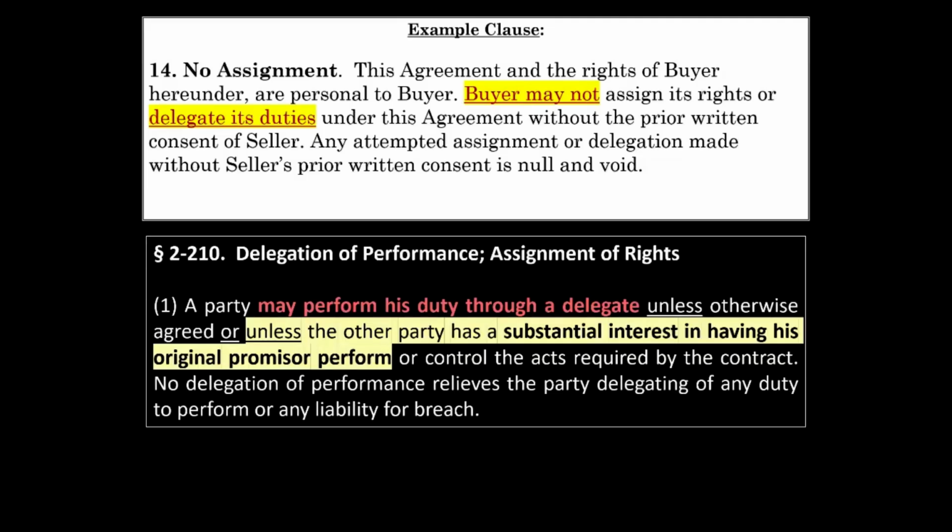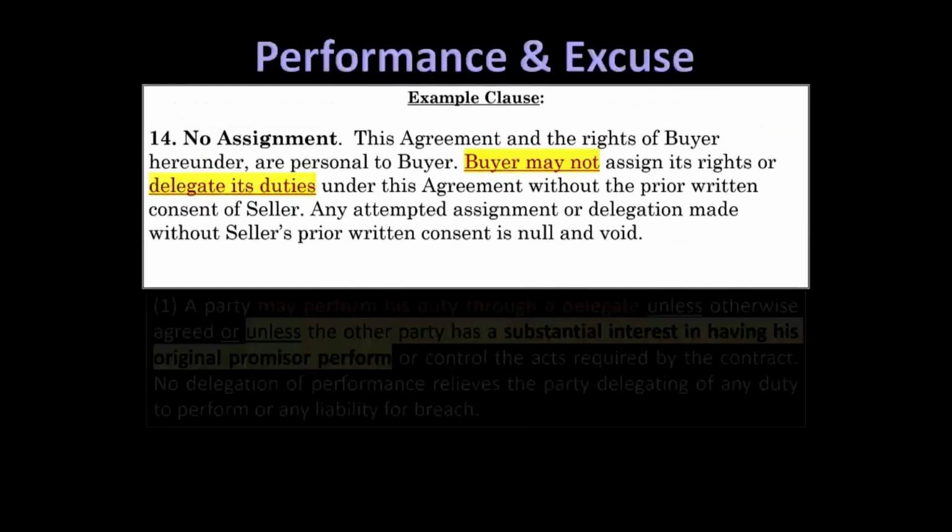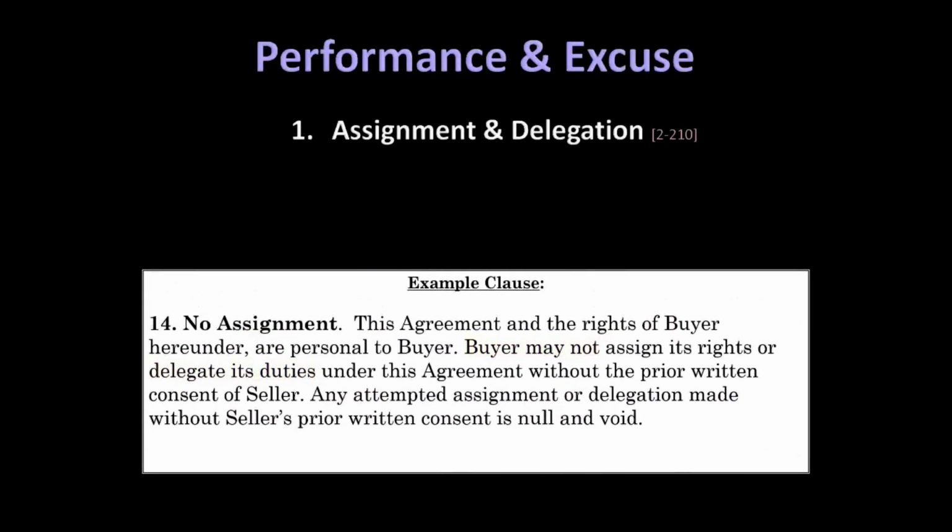So, to summarize subsection 1, it says that in the absence of the parties' agreement to the contrary, duties arising under a contract are generally transferable. But again, we must say generally, because even then, where the non-delegating party, that is the other party to the original contract, has a substantial interest in having his original promisor, the delegator, perform, then a delegation is barred. But unlike subsection 2, however, subsection 1 includes no limitations on the enforceability of a validly drafted clause barring delegation. So when the parties include a validly drafted no delegation clause in their contract, that clause is enforceable.